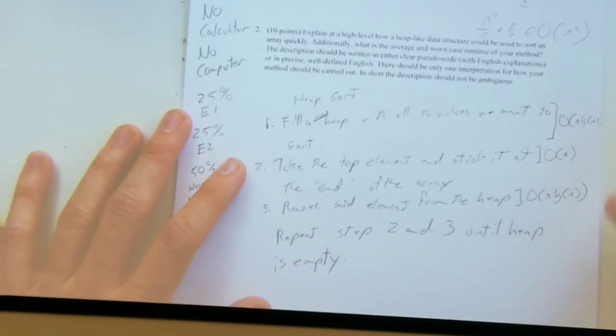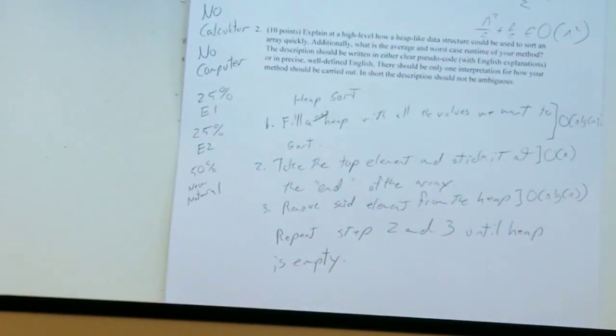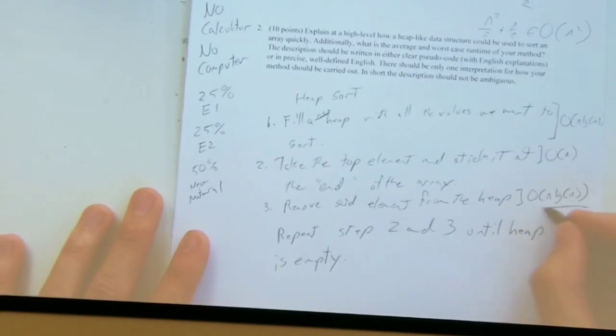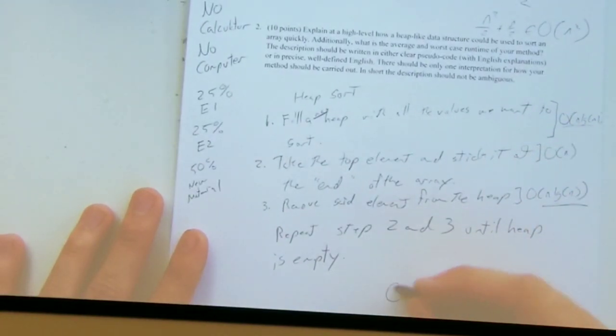And this is going to be in the worst and the average and the best case. So in the worst, average, and best case, it's always going to be the sum of these 3 elements. And the thing is, in the sum of all these elements, the dominant term is going to be the n log n. So it's going to be big O of n log n